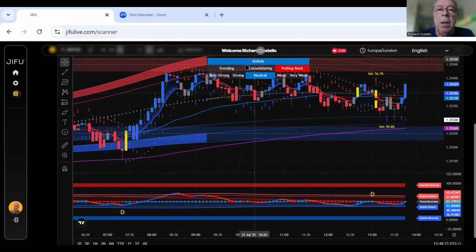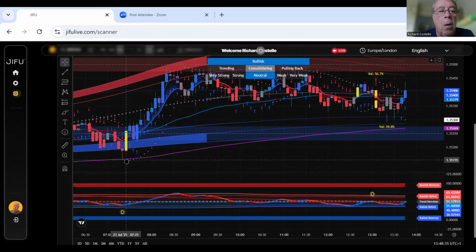We were trending bullish, very strong. If you follow the line down, you can see that this dashed line was blue, which it needs to be, and the snake underneath it was blue. So you could have got in for a buy on that candle there and taken it all the way up